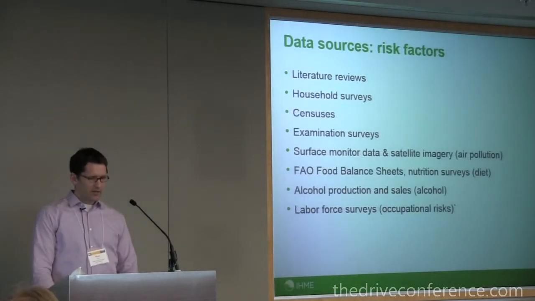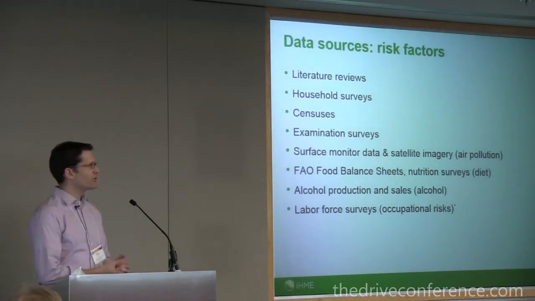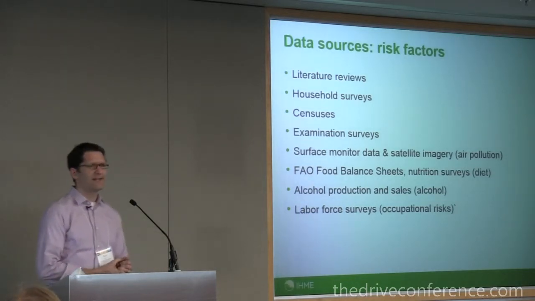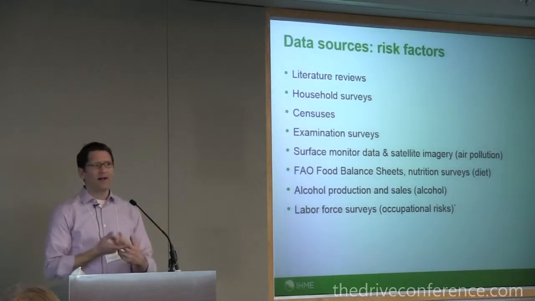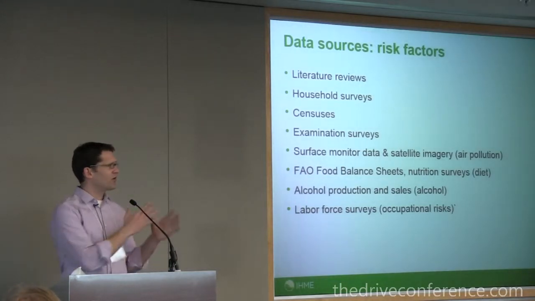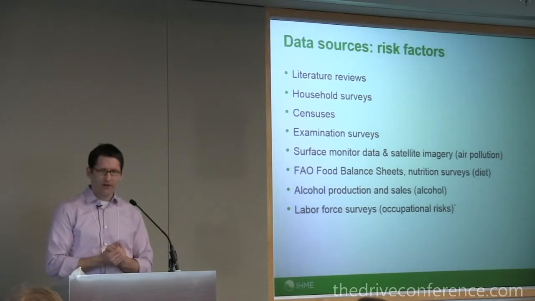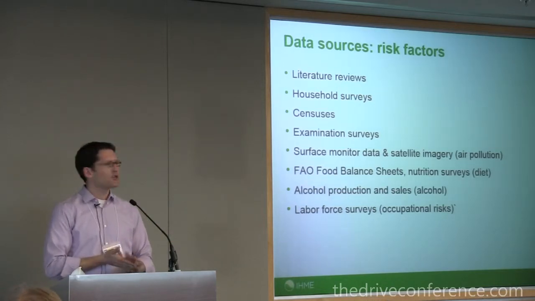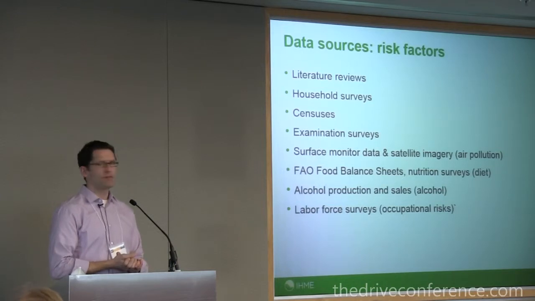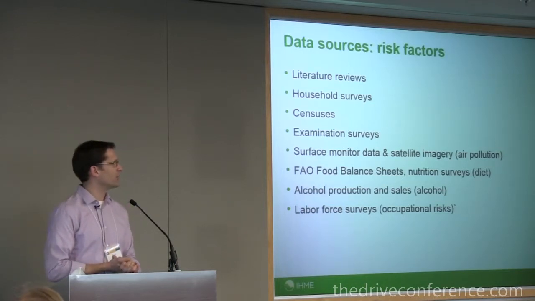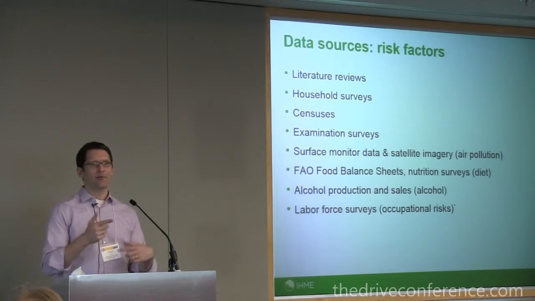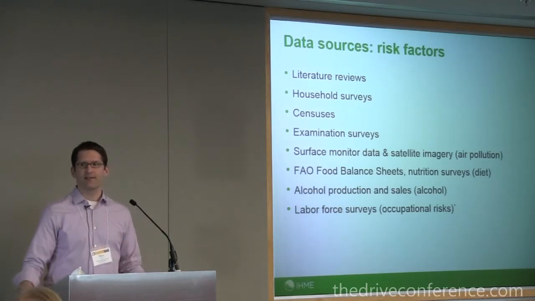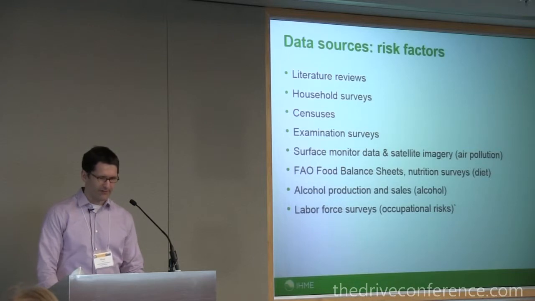So that's disease epidemiology. Risk factors, it's a very similar list to epidemiology, also lit reviews, surveys. I'm going to go into risk factors and what we capture, but they range from alcohol, drug use to diet and others. So depending on what you're looking at, there's actually very innovative data sources that you can use. For example, air pollution is a big risk factor, for example, in China, as we all know. And so satellite imagery can help estimate how bad is air pollution where, right? So that helps us come up with estimates for risk factors.